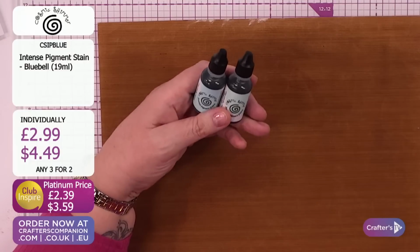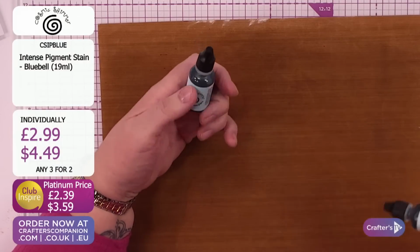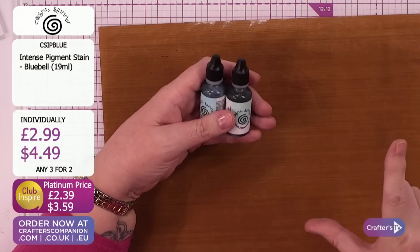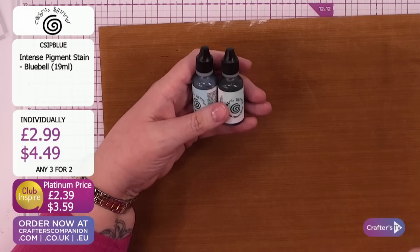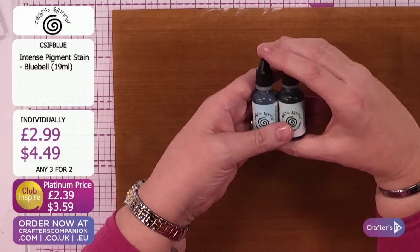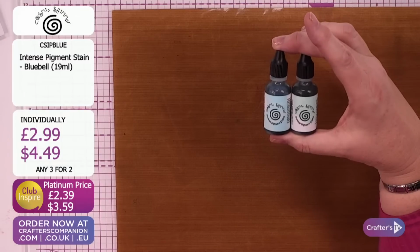Last time I demonstrated these, I actually dropped these into the shaving foam, and we did that lovely reveal with the shaving foam technique. We're going to do something different. I have got my foam with me, and we'll do something different with that later in the show tonight. What I'm going to do with these is just simply make a background with them tonight, because I think sometimes